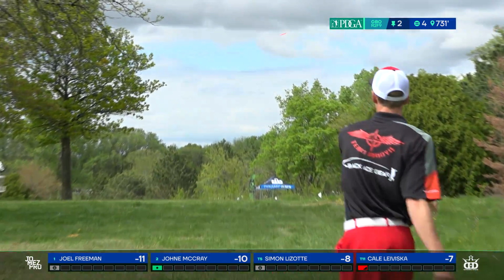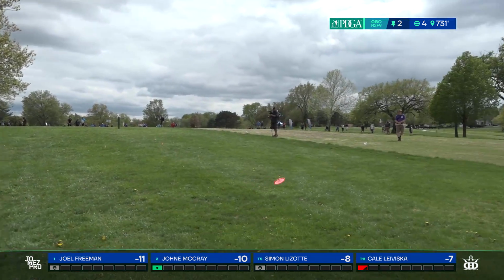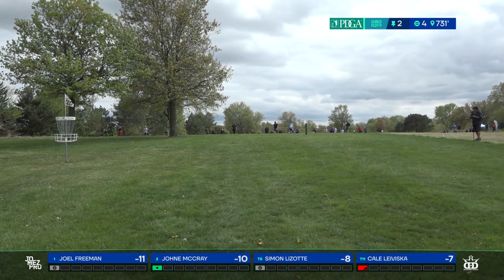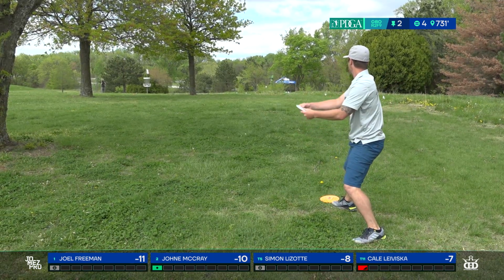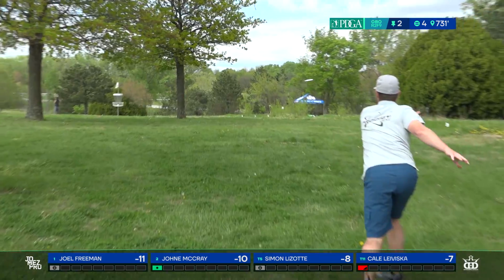Yes. Joel with another high approach. Last hole he went really high as well. I don't think that's going to serve him well. No, I mean, it's past the basket, so he does have a left to right tail. But just giving the wind so much opportunity to wreak havoc there as your disc gets up there 20 and 30 feet above the basket. And the really, really difficult thing with putting,